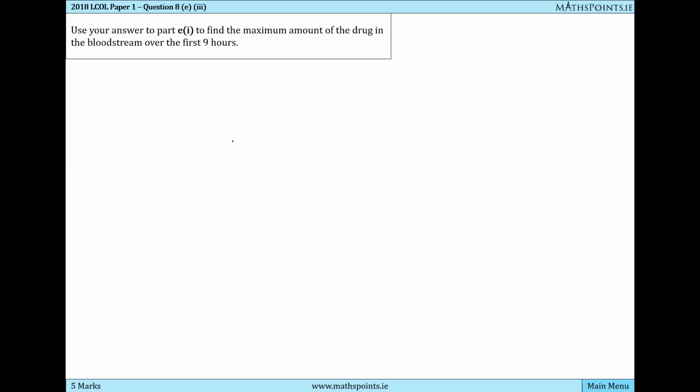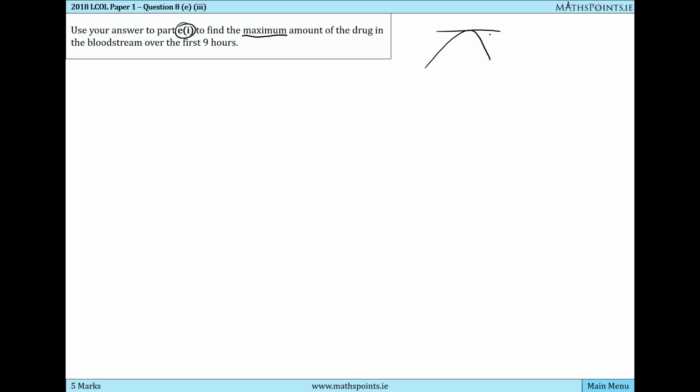So E part 3 of the question asks us to find the maximum amount of drug in the system. Now it tells us to use E part 1. E part 1 was where we differentiated the function. And the reason for this is, at a maximum amount on a curve, again, we could draw a straight line